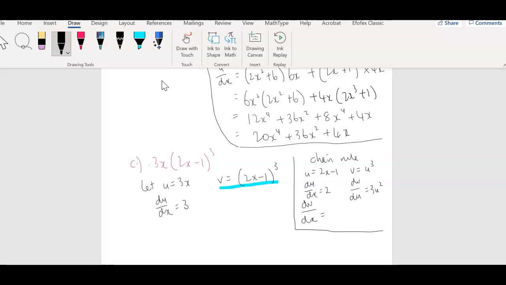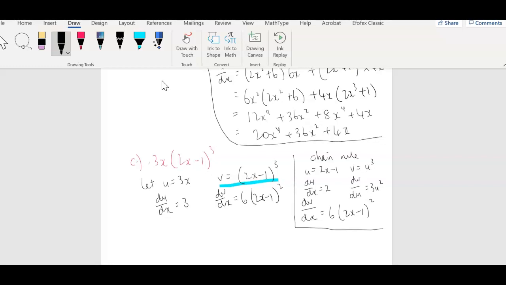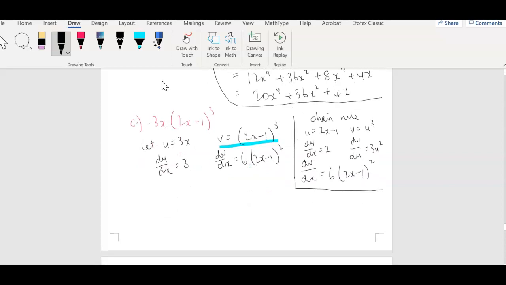Okay, so we're going to have 2 times 3 is 6, u is 2x minus 1 squared. So dv dx is 6(2x minus 1) squared. And then that x doesn't look like an x. There we go. All right, so with your product rule,